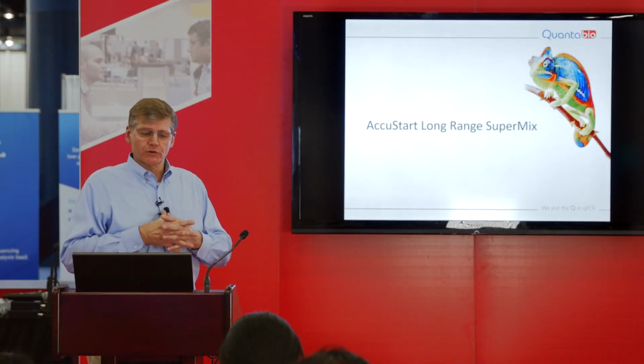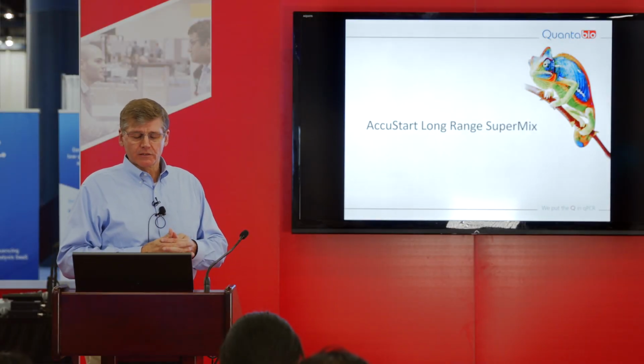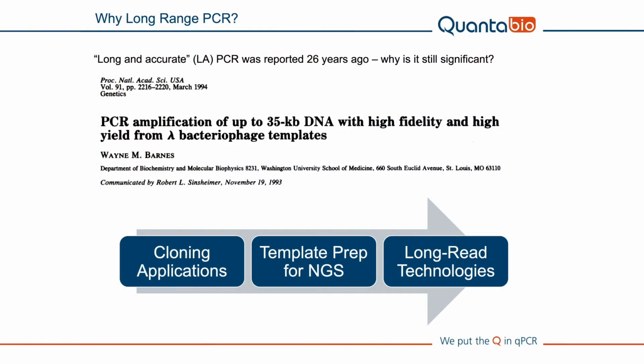One of the trends we're seeing more and more is research shifting toward amplification of longer sequences, a need to multiplex longer sequences, bring those in, looking at different splice variants, and using this as template prep for characterizing and doing HLA typing. And so there are a variety of core PCR tools,